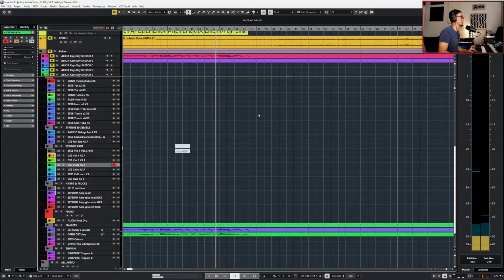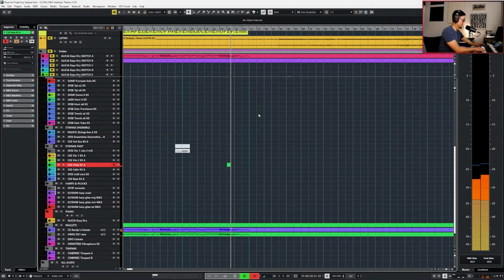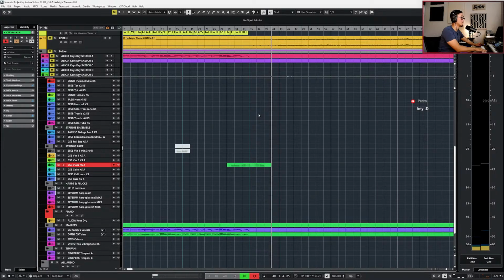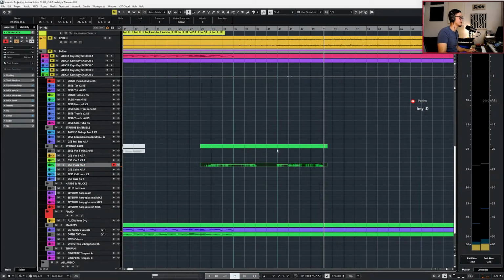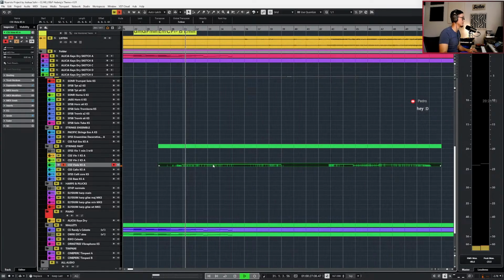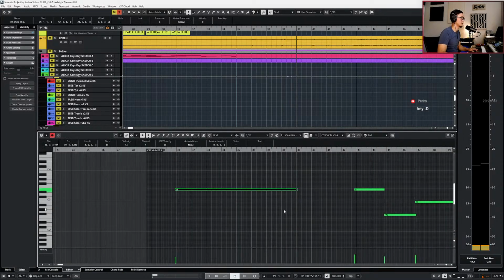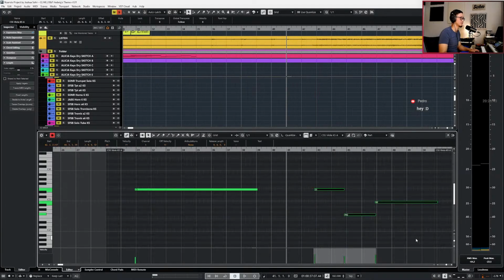Although I'm in the wrong spot, I just realized. There we go. 1, 2, and then okay. Let's see if that's right. So you got one measure, 2 measures, 4, 1, 2, 3, 4. Good. Okay, and then over here we have